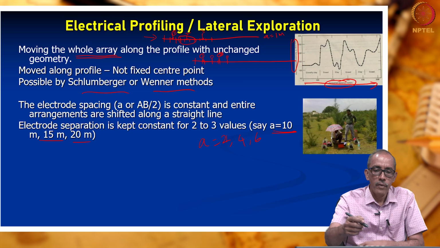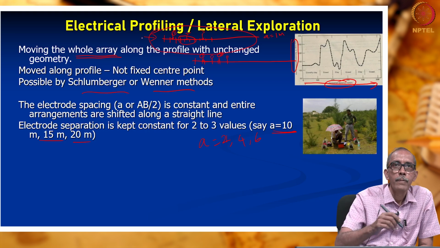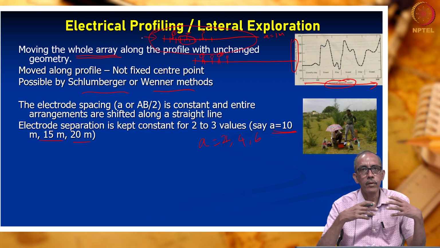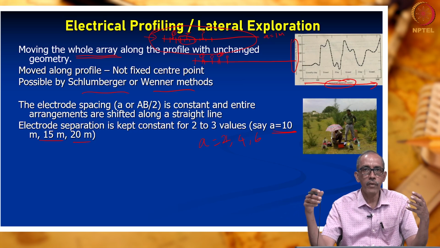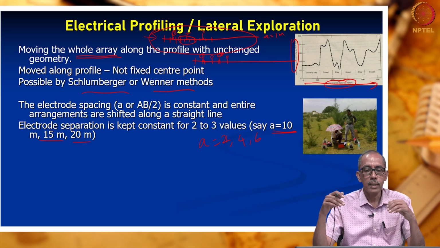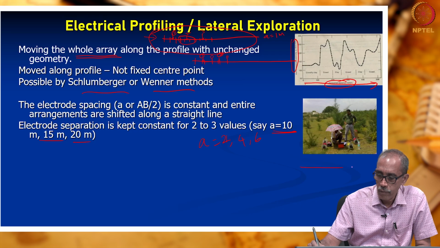Here we have drawn a diagram showing profiling carried out with an electrode spacing of 1 meter. So, very clear, right. We can tell our colleagues or other people who are helping us in the field, please arrange the electrodes at a distance of 1 meter. It is easy. Not only that, when you do the survey, it is also convenient.